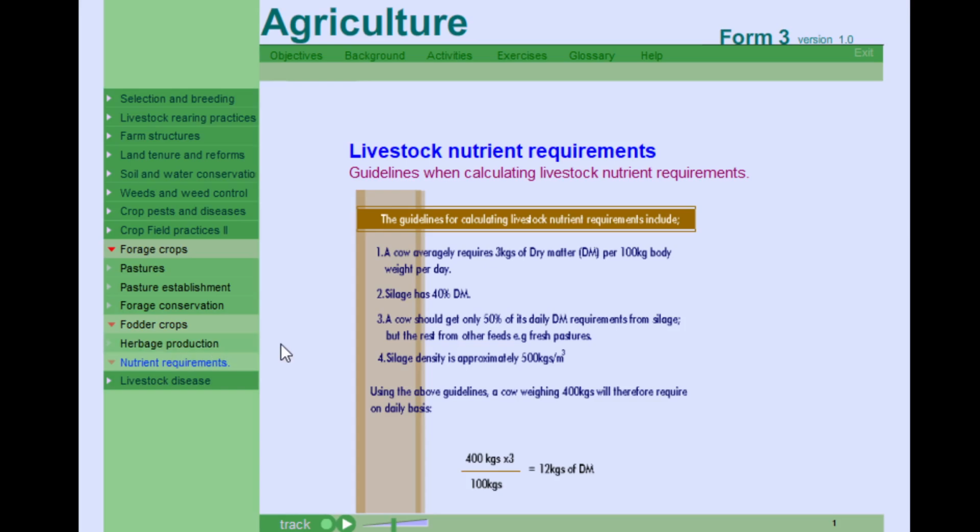A cow should get only 50% of its daily dry matter requirements from silage, but the rest from other feeds, for example, fresh pastures. Silage density is approximately 500 kilograms per cubic meter. Using the above guidelines, a cow weighing 400 kilograms will therefore require on daily basis 400 kilograms divided by 100 kilograms